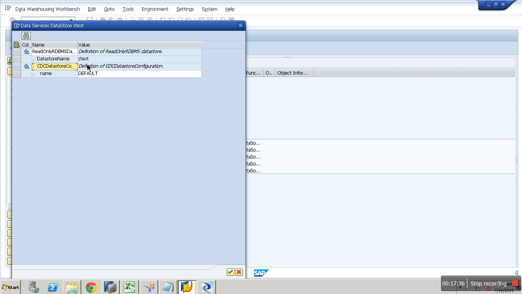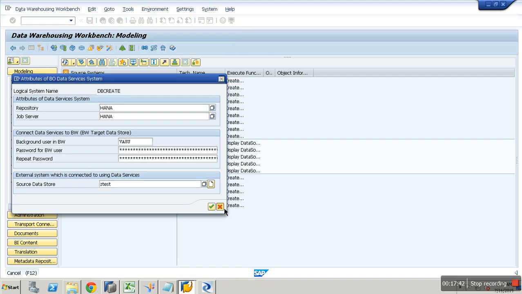Actually, you could create data. It's not HANA, but you can, same how did you create data store? I can create it from here also. This is of